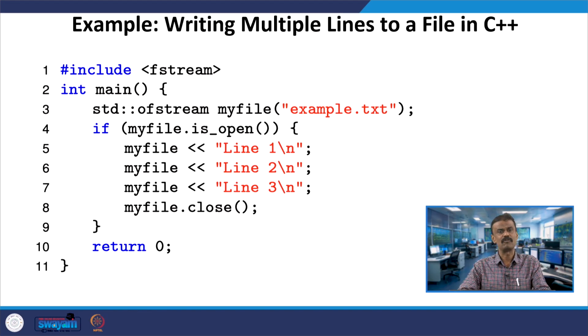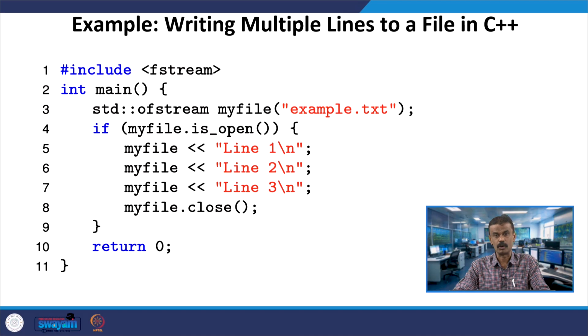In fact, we had seen myFile writing, if you recall, only one line we had written, and then we had seen some more examples also, like hello world, welcome to IIT Roorkee. So, here I put a slash n new line, all right. So, that means it will open if I am able to open example.txt.